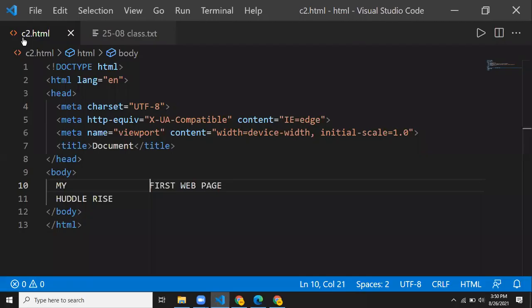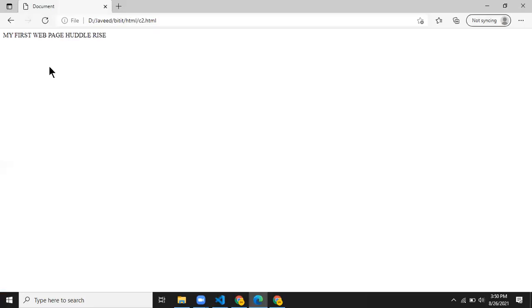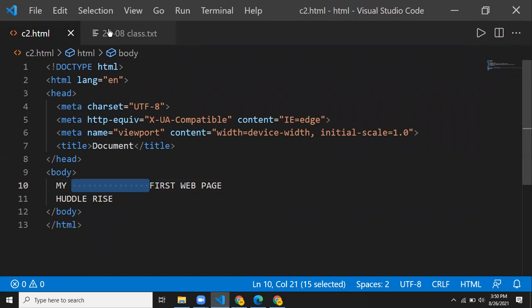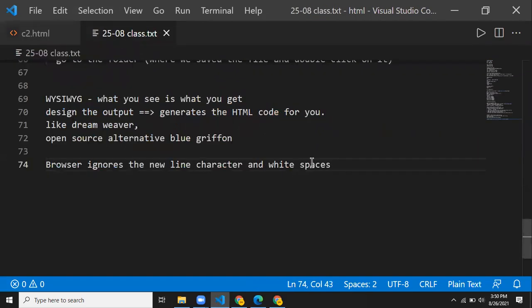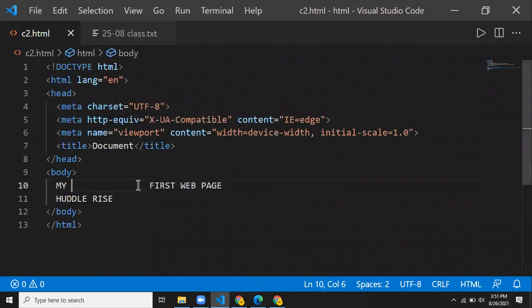That is what I'm telling. The extra spaces that we have added here, we are not seeing them here when I refresh it, right? So that is what we are telling, that the browser is going to ignore the white spaces and the new line characters, right? Browser is going to ignore them. Okay, then comes a question, how do I add the extra spaces if I want to have them?